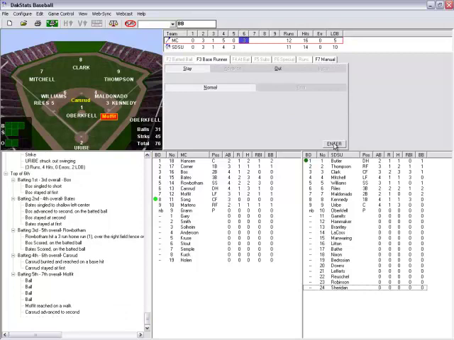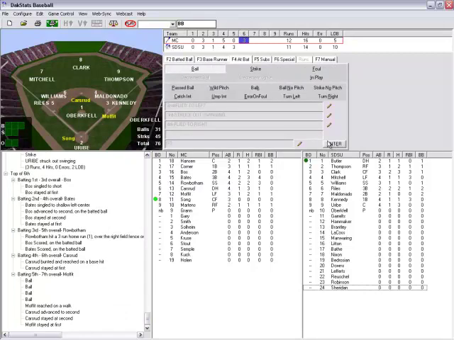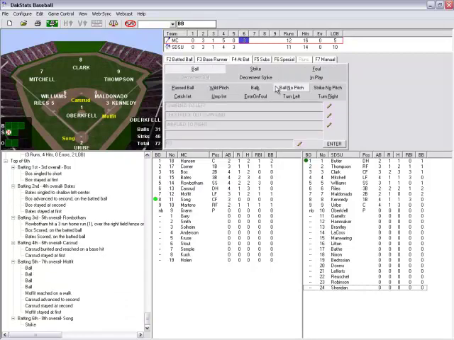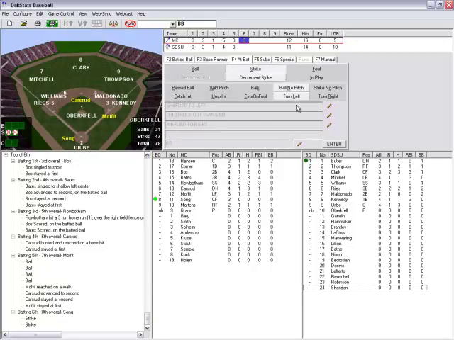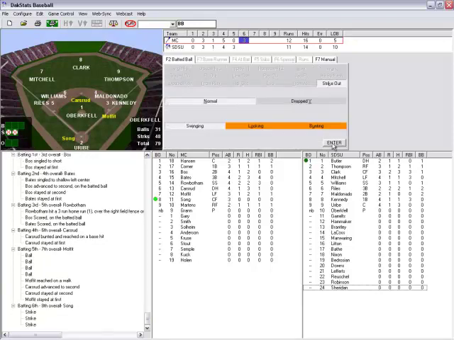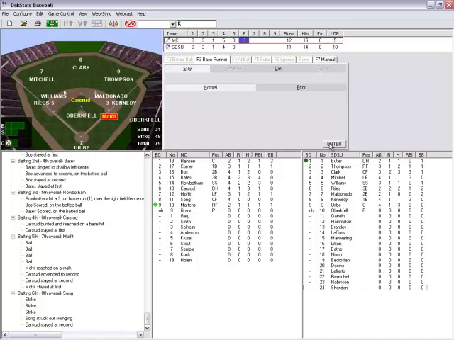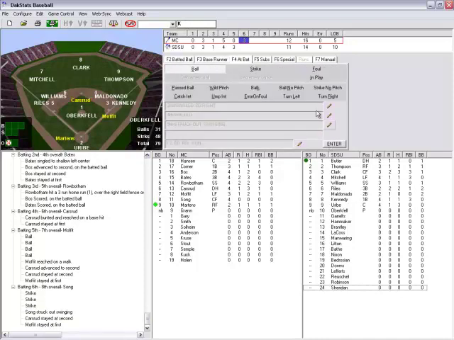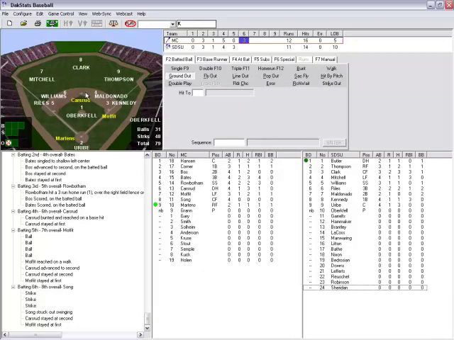Click or press enter. Once the batter gets 3 strikes or strikes out, select whether the strikeout was normal or if the catcher dropped the ball. Then select if the batter struck out swinging, looking, or bunting. Click or press enter. If a batter hits a ground ball but is thrown out, click on the field where